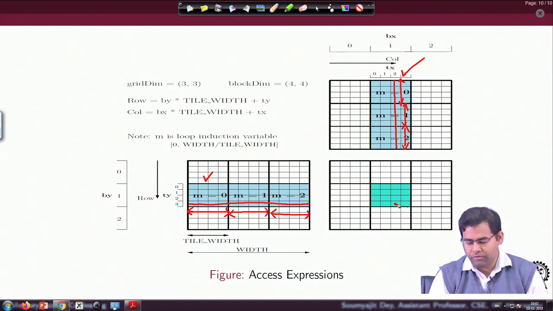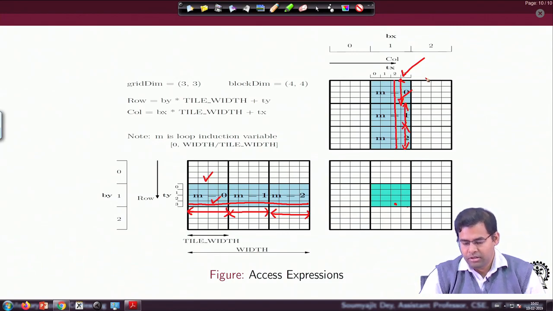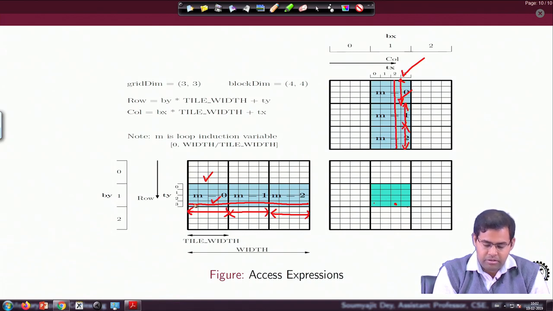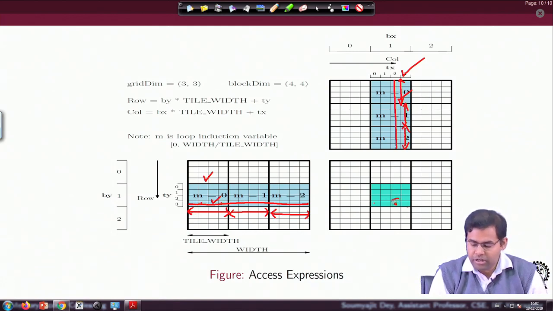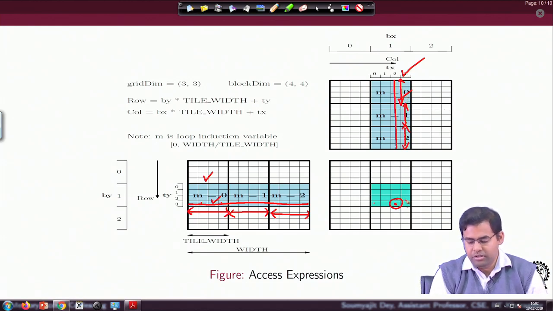That means this thread was responsible for bringing data from this location and this location. But in parallel, the other threads for the other locations have brought in the data points and stored them in the shared memory, which this thread itself requires, right. So this thread will now actually use data points brought in by other threads and do the multiply add operations this thread is supposed to do, but up to this much, not the entire thing together. Why? Because I have not yet brought in the data for the other tiles into the shared memory, right. This is the main reason.